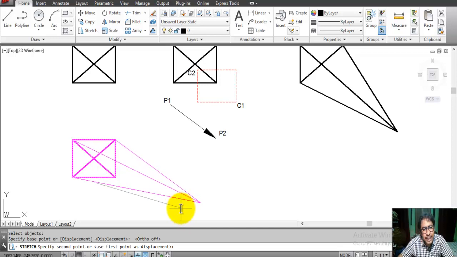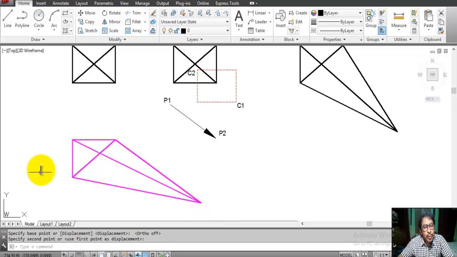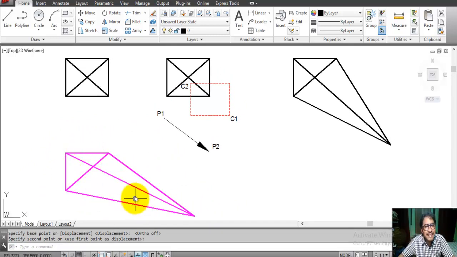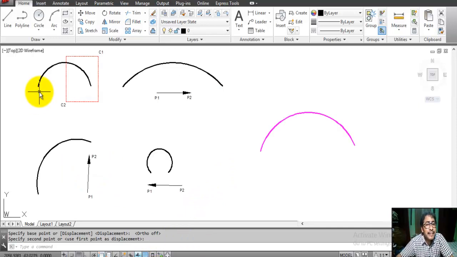Second point P2 is at this point, any suitable point. Now it is increased, just this portion is increased.